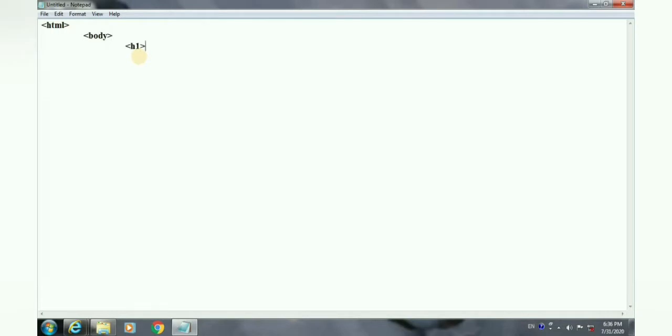With an H1 heading tag, one line I will write down: information about desert, and closing H1 tag, and closing body, closing HTML.